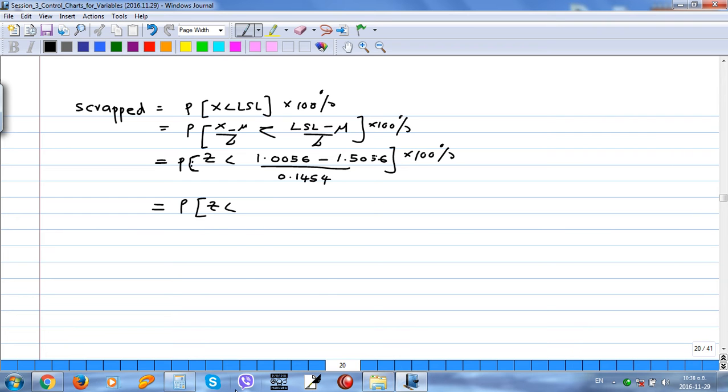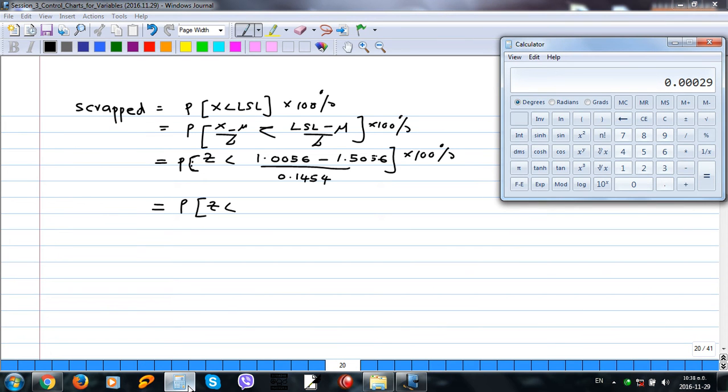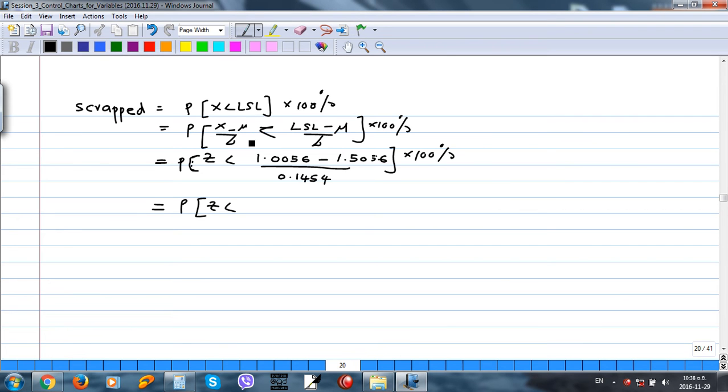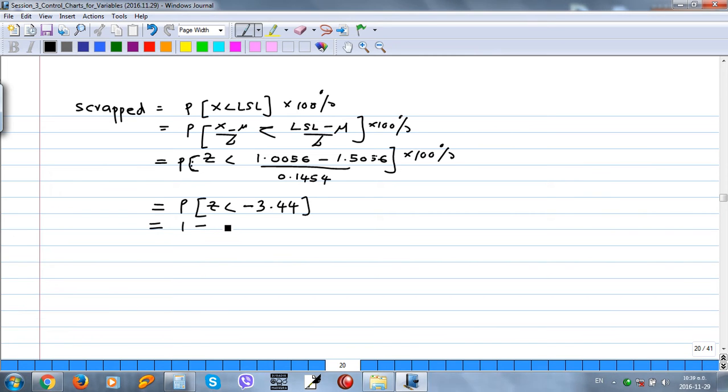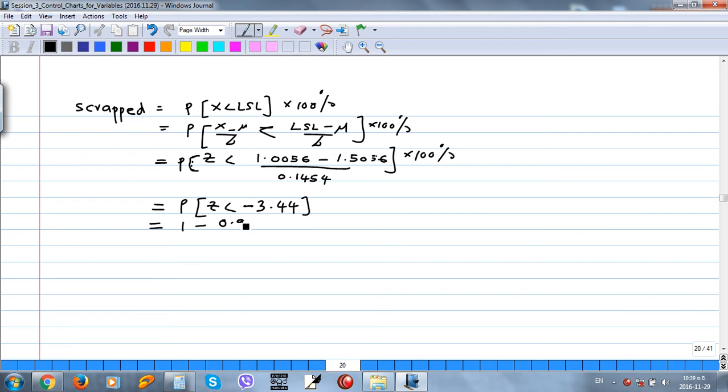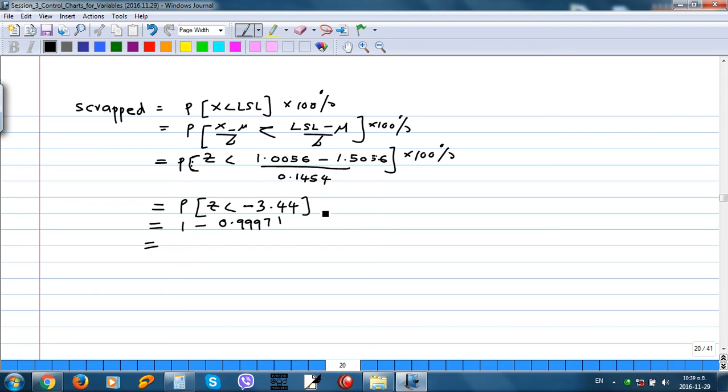You can simplify this as in the previous way: P of Z less than, then we can find the value. Here we get a minus value, minus 0.5 divided by 0.1454, again minus 3.44, the same value. Minus value means 1 minus the same value 3.44, which is 0.99971. If you substitute and subtract, with 100% on both sides,